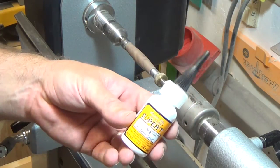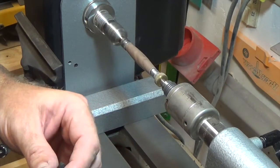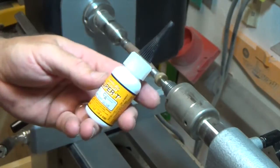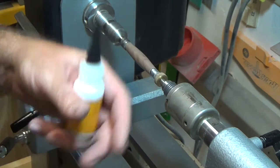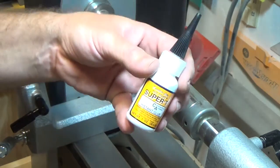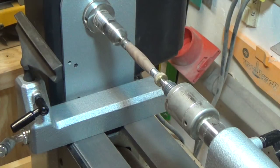I'm going to be using this particular stuff today. It's Super T CA glue, and this is about a medium viscosity. So it comes in 3 viscosities. I'm not going to try to pronounce the actual name for it because I'm just going to get tongue-tied. It comes with a thin viscosity, which is like water. It seeps right into the wood. Then we have medium, which is a general all-purpose. And then there's a thicker viscosity, which is gap filling. We're going to be using the medium viscosity today, as well as some spray accelerator. What the spray accelerator does is when it's sprayed on the super glue, it cures it pretty much